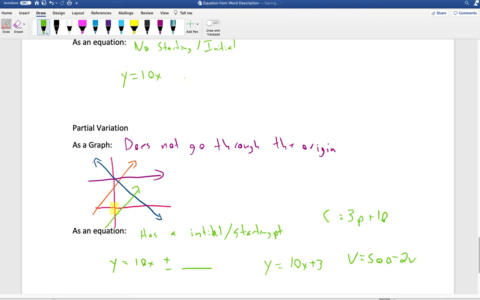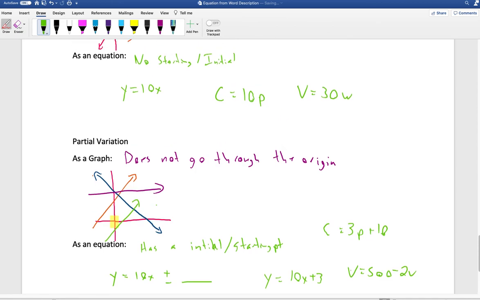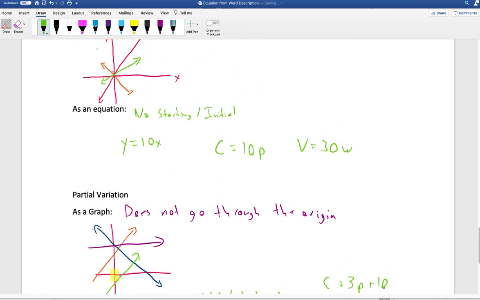The 500 is the initial. If I want to do something here, cost equals like 10 times p, or the value equals like 30 times weeks, something like that. These have no initial, so it's just that, okay? So that's today's lesson. I know that went a little bit long, but hopefully you understand it. And on